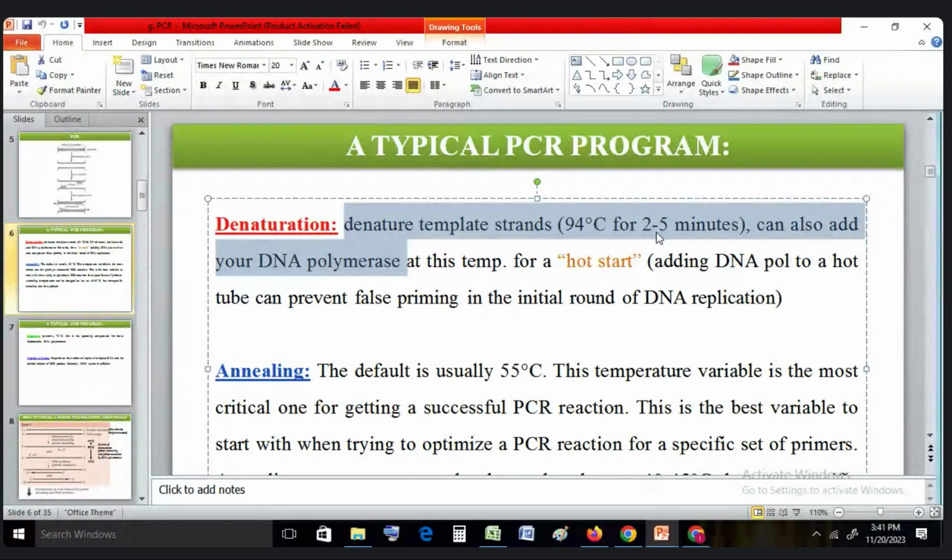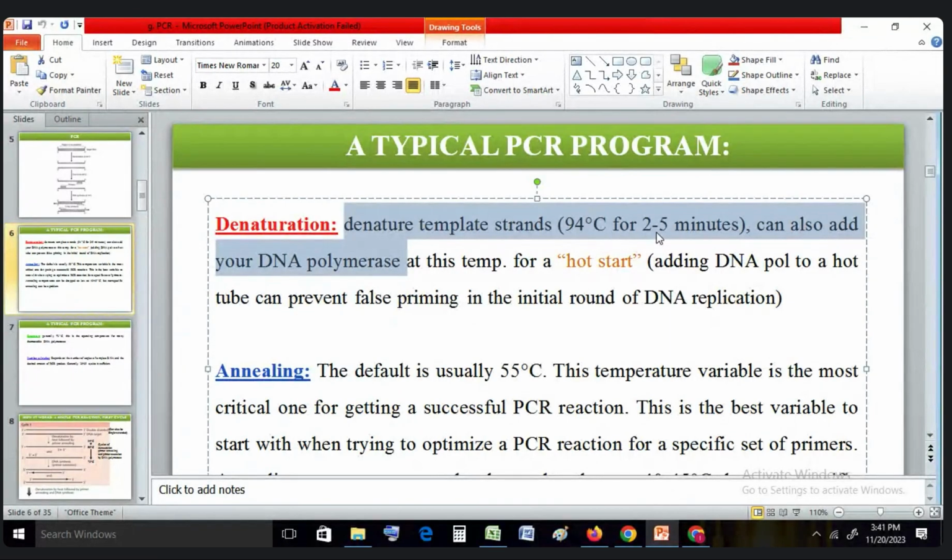For the first cycle, the time is a bit more, about 5 minutes. Five minutes of denaturation is important, because that can completely denature your DNA. And if you are doing hot start PCR, a long denaturation is also required. After that, in each and every cycle, you don't need the denaturation step to be this long. Just 30 seconds is good enough. But for the first step,